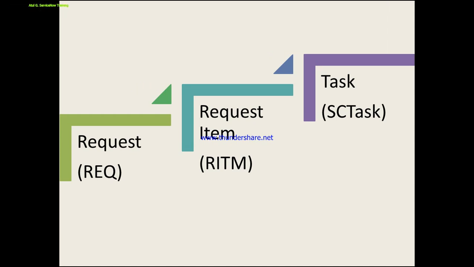Very simple example. You raise a request to get something from Amazon, some vouchers or something. You are requesting that, and when they issue the Amazon voucher to you, they're fulfilling your request. Okay. Now I'll take you on a tour of ServiceNow, to show how this can be defined and where it is visible.